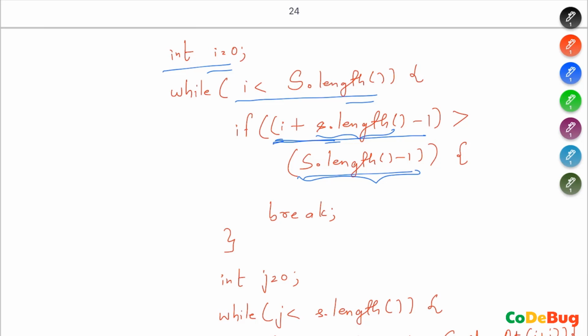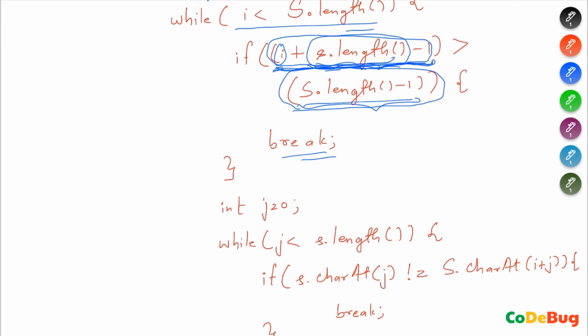But if we are looking at the needle characters in the haystack, we add the index i and we have to look after this many characters, right? These many characters, and the last possible index in the haystack would be this. And if the last index is greater than the index in the haystack, then in that case we can safely break. Otherwise, if we can look at it, then we have a new index